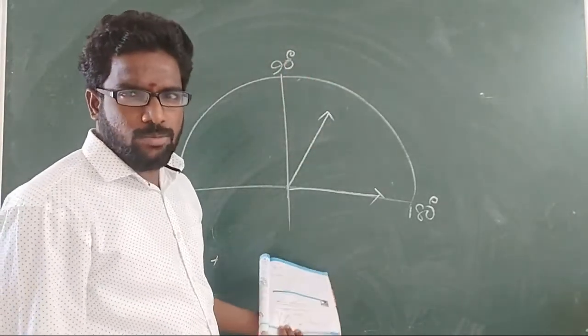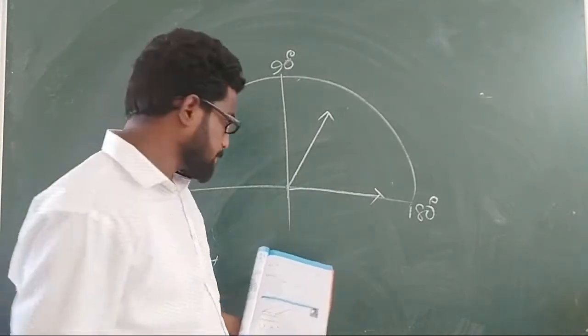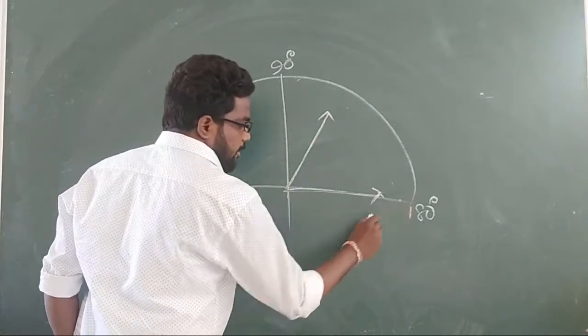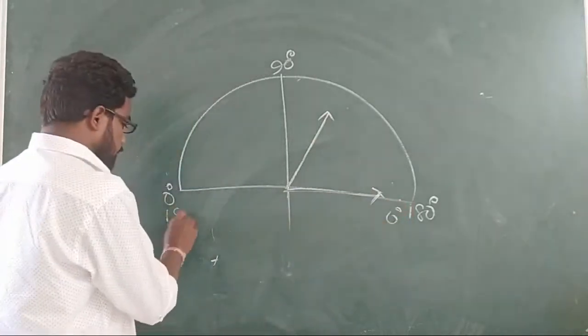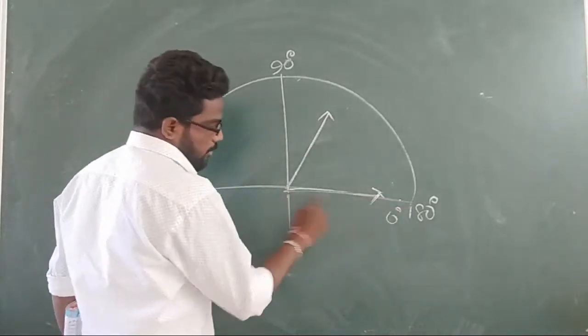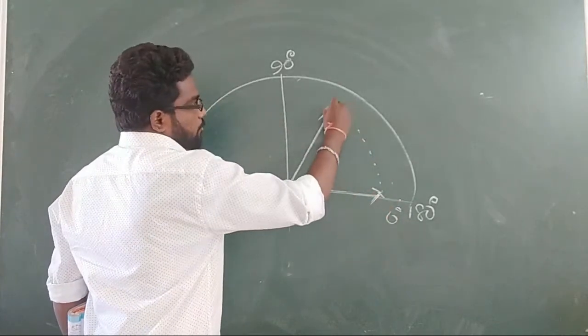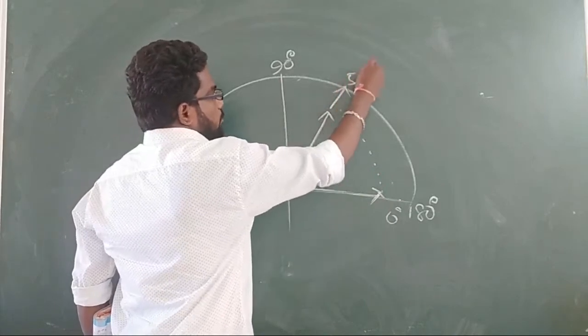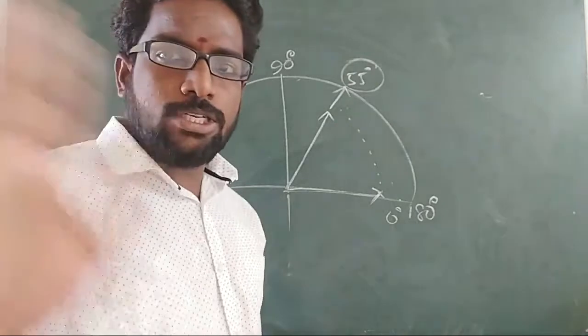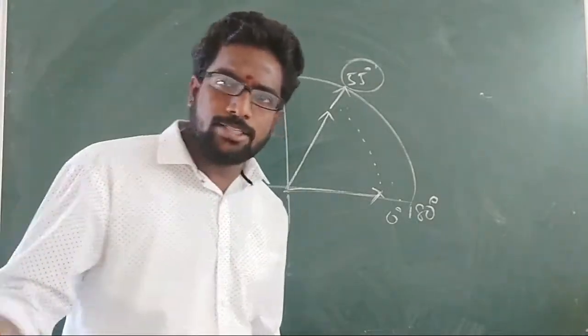You know already that by using the protractor we can easily measure. For example, if you have an angle like this, here again we have 0 to 180 degrees, from both sides, from here to here, from here to here. You have to start from here, 0 degrees. Next, if you come here, it will show maybe 55 degrees or 60 degrees. That's it, simple. You no need to write, just listen.